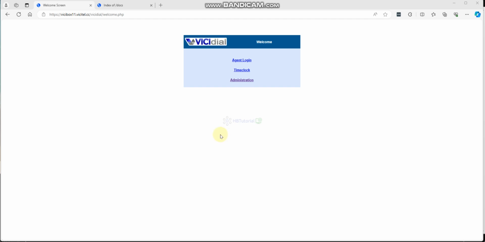So for today's tutorial, we will do a Combridge installation and setup for your BGDial. We will configure it on VICIbox 11, because VICIbox 11 is already Asterisk 16.